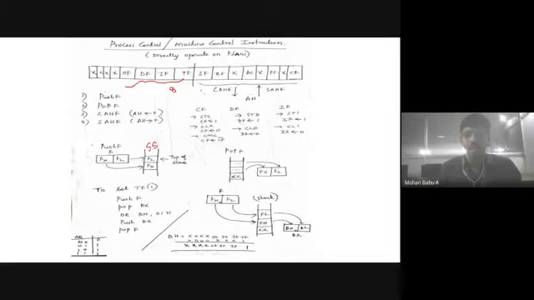This one is the lower 8 bits. I want to transfer the higher 8 bits and lower 8 bits to the stack. For that, I will use the push F instruction. This will store the data bits from the flag register to the stack.